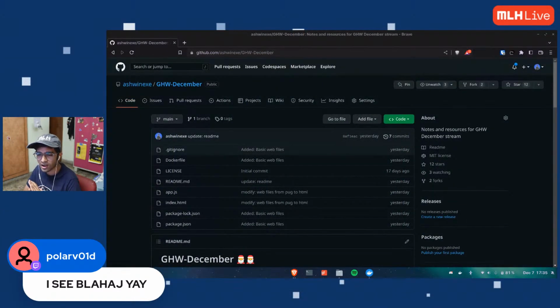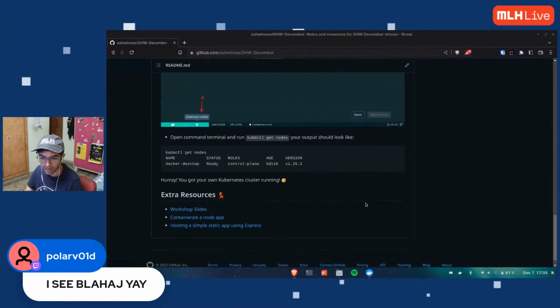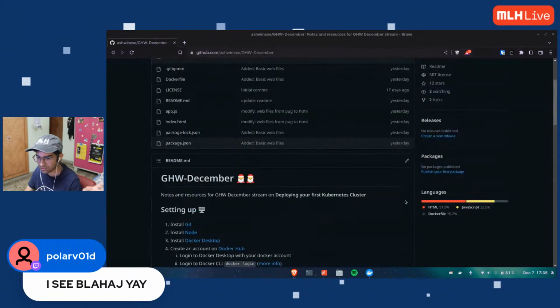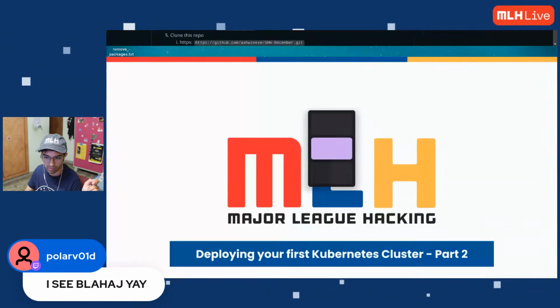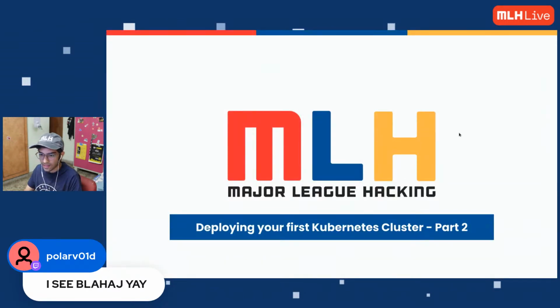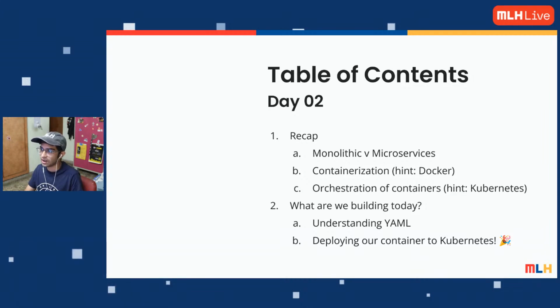So this repository should have most of the stuff, including the slides for today at the bottom, and any extra resources, I'll add it as we go through the stream. Cool stuff. So let's go back to slides. Today, it's going to be pretty simple. I'm just going to do a quick recap of what we did yesterday. And we're going to make sure if you had any questions or any issues while trying it on your own, containerizing your own application yesterday, let's see if you can fix it today.